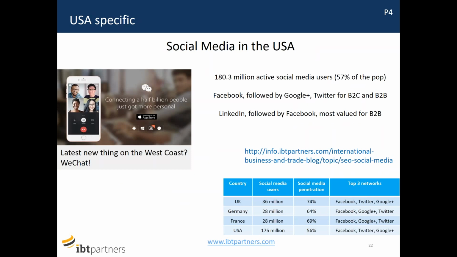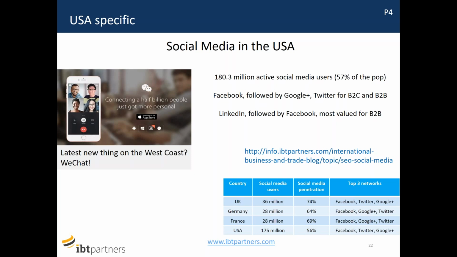The US uses social media slightly differently than Europe. US businesses use it differently than Europe, and they use it more than most European businesses. So if you have a social media policy in the United Kingdom, make sure that you plan on being very active in the United States. There are over 180 million active social media users in the United States. In terms of companies, we reckon that it's over 50% of companies, and certainly any company that's exporting would be using social media as well.